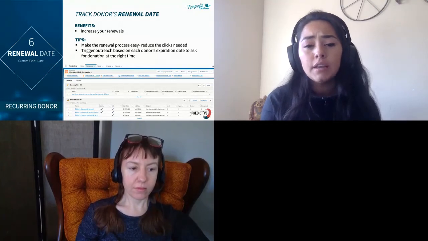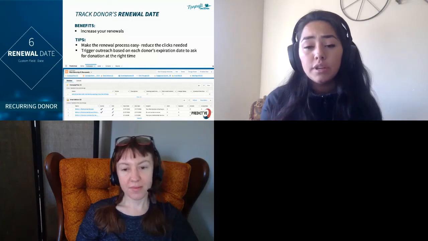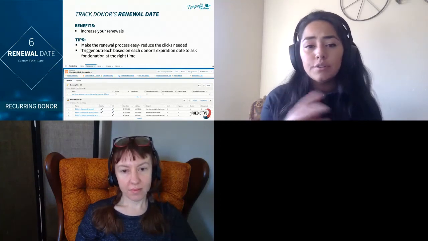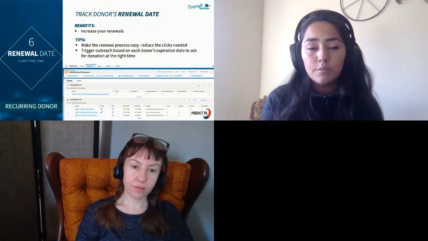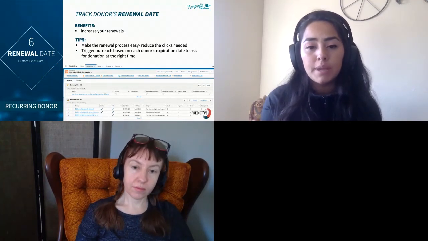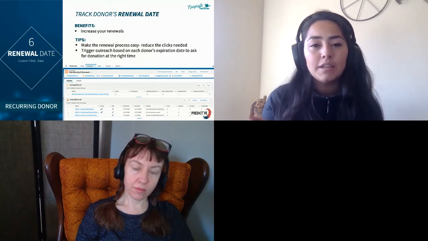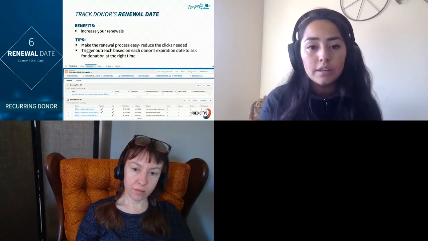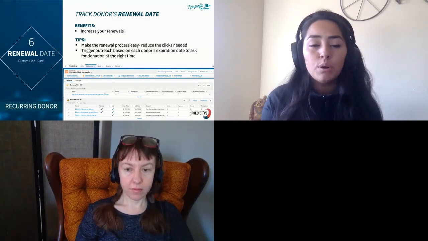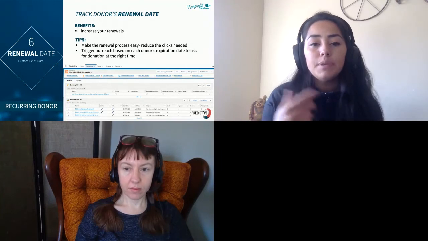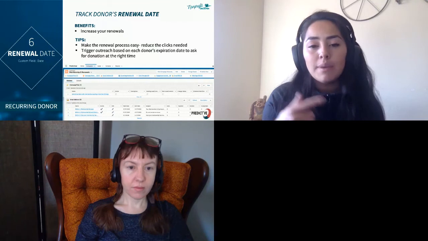But basically it will automatically pull a person into a campaign when they're 30 or 60 days from their expiration date, or if you do it with a donor campaign, if they're 30 or 60 days from the last time they've donated and they haven't donated that year yet. So you can automatically pull those people into a campaign, and because it should be set up as a drip campaign, it will then automatically send out